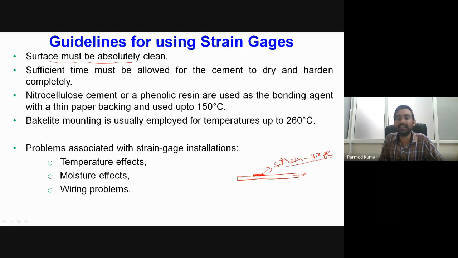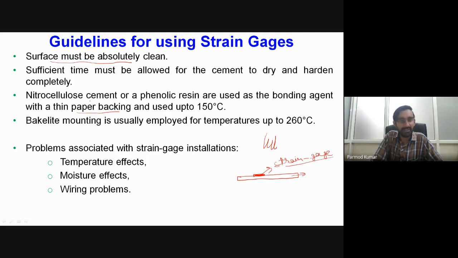So what is basically done? If we have a wire type strain gauge, we take that wire type strain gauge. First, that wire is fitted on a paper. Why is it fitted on a backing paper? So that while we are pasting it on the surface, there should not be any changes in the configuration of the wire. Then that particular wire is, on the other end, subjected to this resin, and then it is fitted all over the surface.